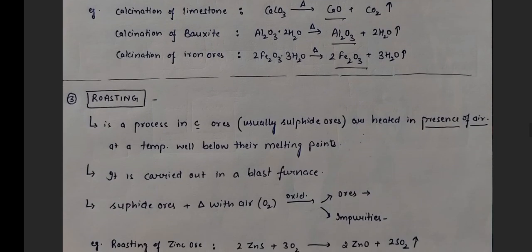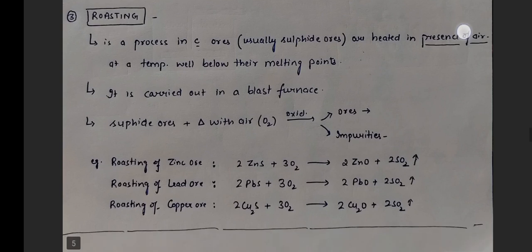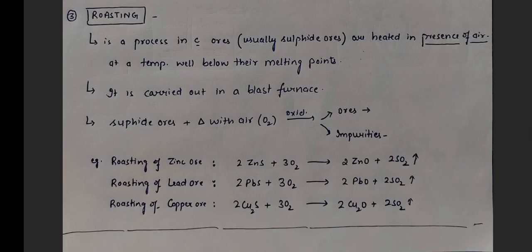Third process is known as roasting. Roasting is a process in which ores, usually sulfide ores, are heated in the presence of air at a temperature well below their melting points. It is carried out in a blast furnace. Sulfide ores plus air, heat in the presence of air, meaning oxygen, so oxidation will happen, then the ores separate,